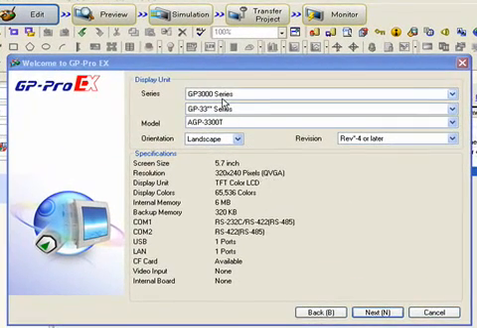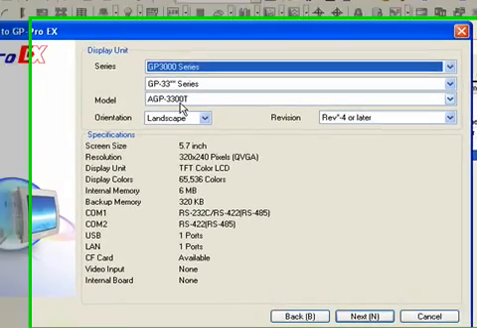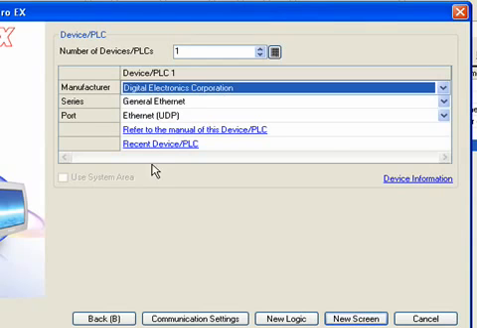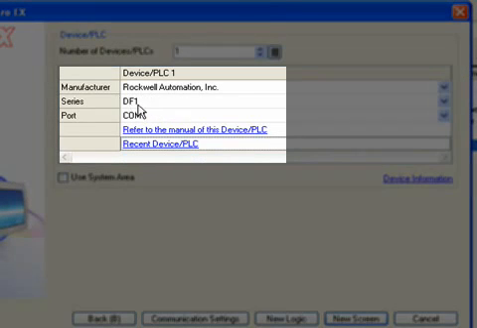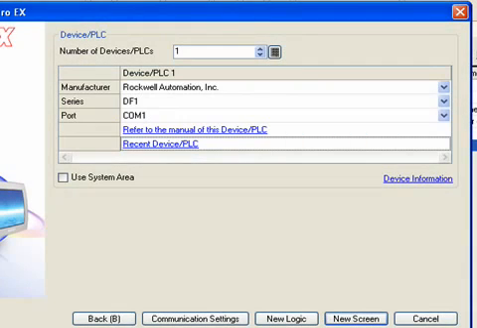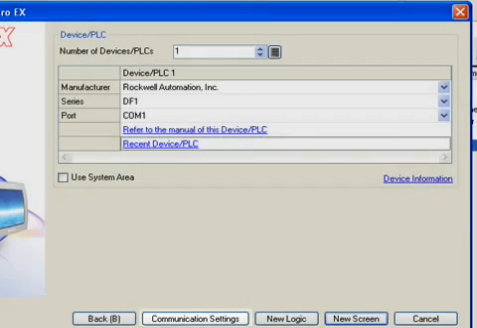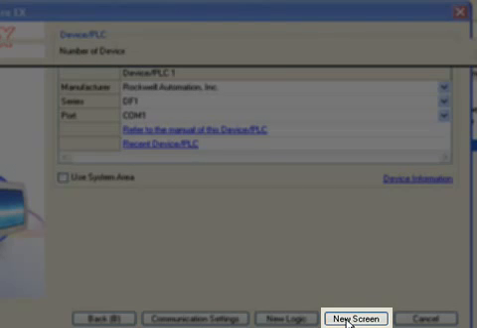So here I'm about to start a new GP Pro EX project for a GP3000, an AGP 3300T. Next thing I'm going to do is to choose a driver. I'm going to cheat and choose the Rockwell DF1 driver I used recently. I won't go through the communication settings in this presentation because we're going to do a whole separate presentation for that. So instead I'm going to go for a new screen,